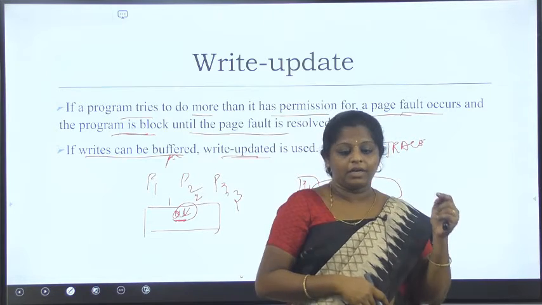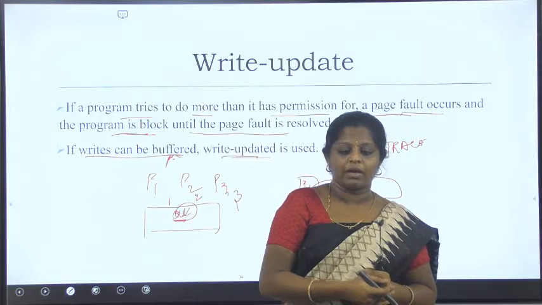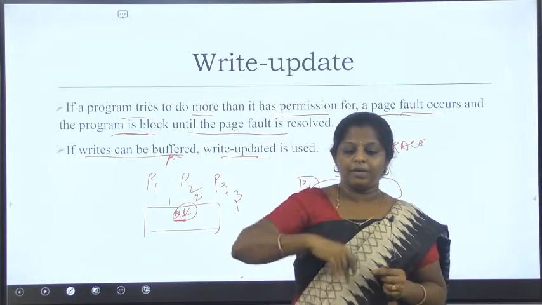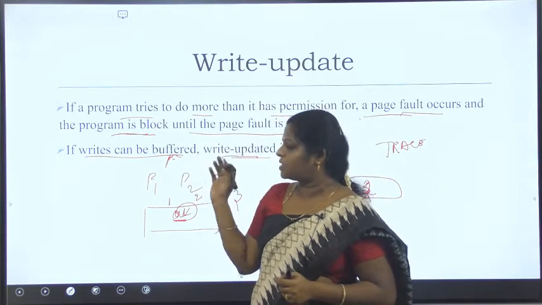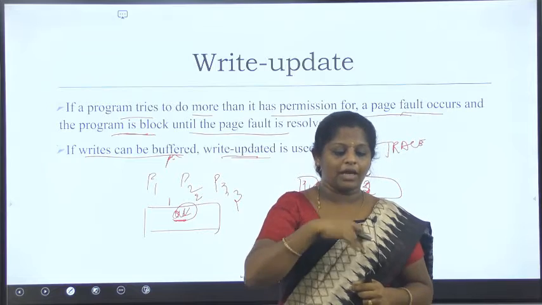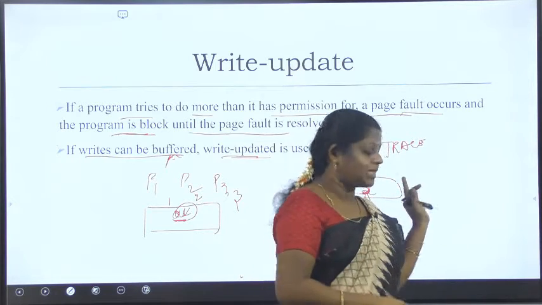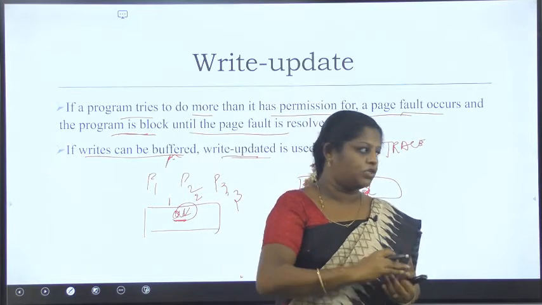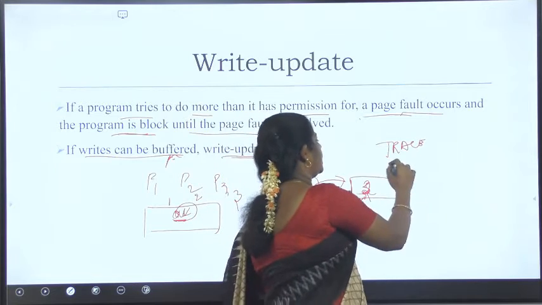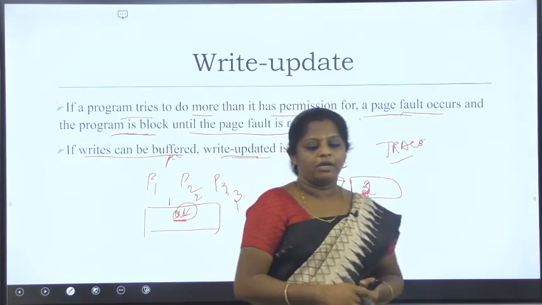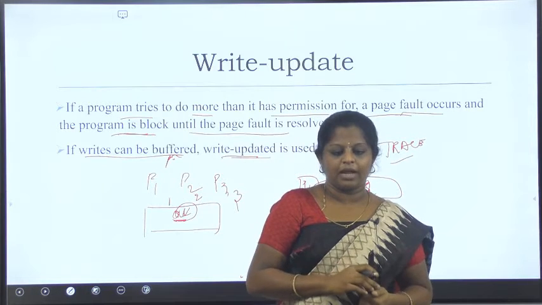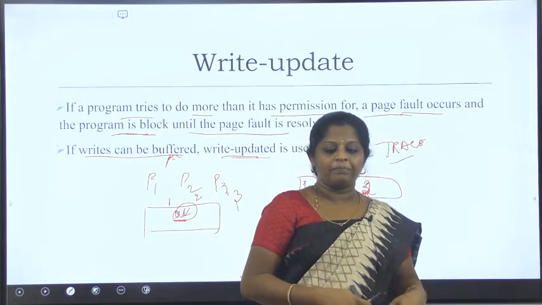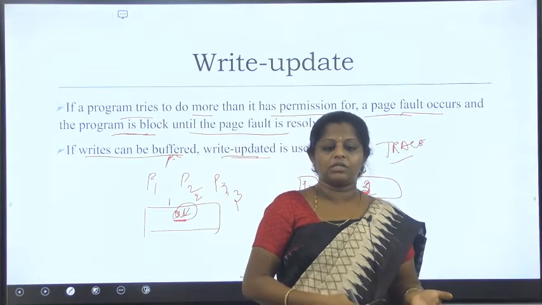So when the write access produces the page fault, that time it would be necessary for the page fault handler to set the process in trace mode. After it sets the trace mode, the process generates the trace exception after each instruction. So each and every instruction generates a trace exception, right? This is the trace exception handler, and it will also turn off the write permission to the page and turn off the trace mode once more.